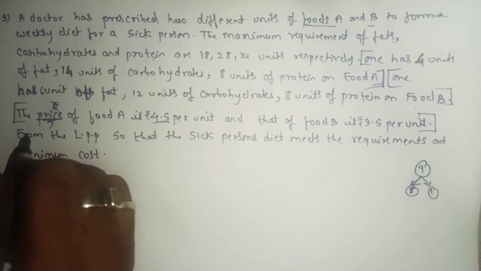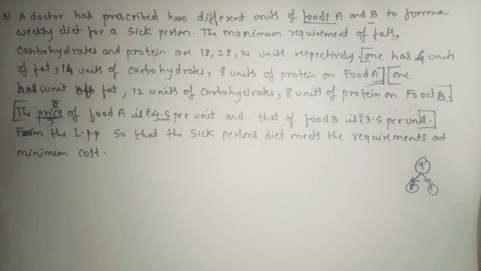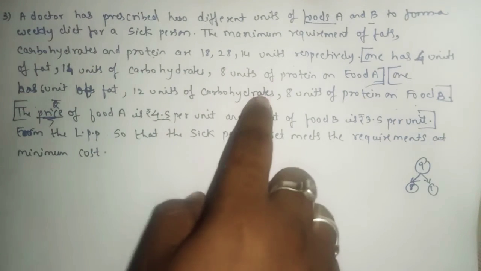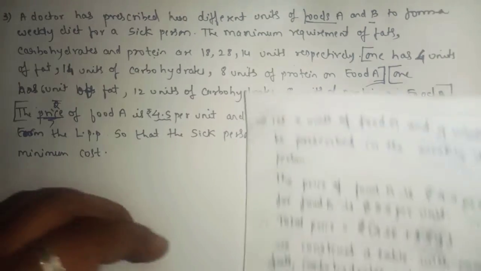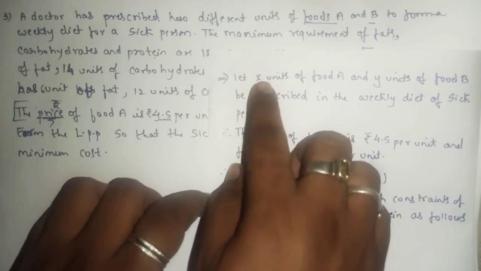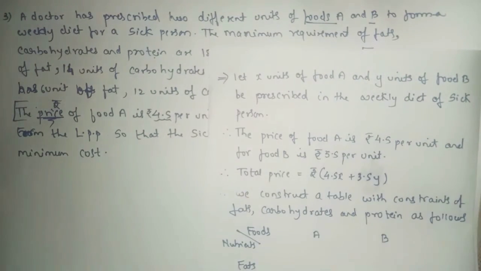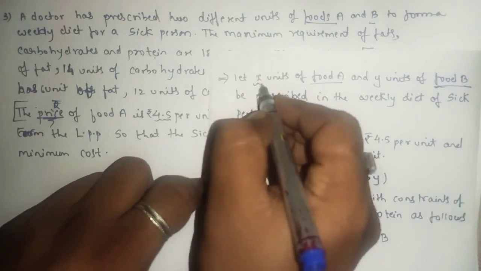As it is mentioned in the sum, the sum is based on food A and food B, and we have three nutrients also. First one is fat, second one is carbohydrate and third one is protein. So here we'll start writing the solution. The first step will be: let X unit of food A and Y unit of food B